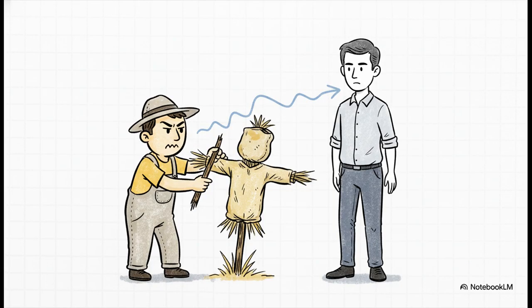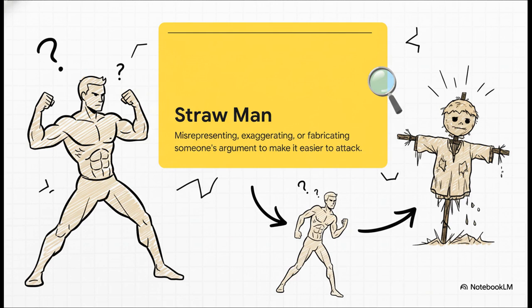Okay, our next fallacy is a little bit sneakier, but it is just as misleading. It's called the straw man. I love this analogy. Think about it. What's easier to knock over, a real person or a scarecrow stuffed with straw? The scarecrow, right? Well, that's exactly what this fallacy does to an argument. You take what someone actually said, twist it into a weaker, dumber, exaggerated version, and then you look like a hero for knocking down that flimsy version you just made up.